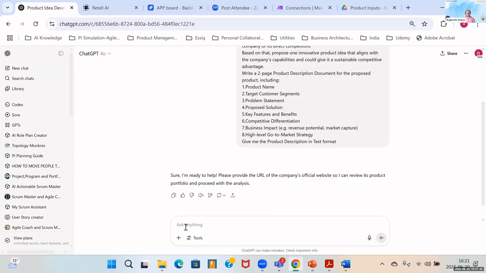So what we can do is, we can take any company. For example, does anyone want to give the URL of your company's website where we can do a scan and find out what could be an innovative product that the GPT proposes for us to build? Anyone interested to share the URL of your company?